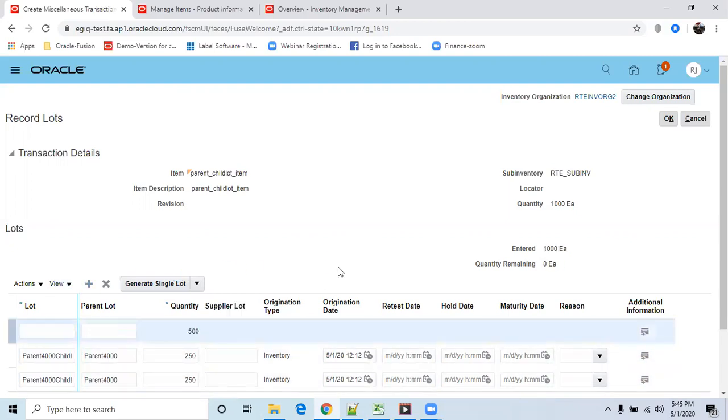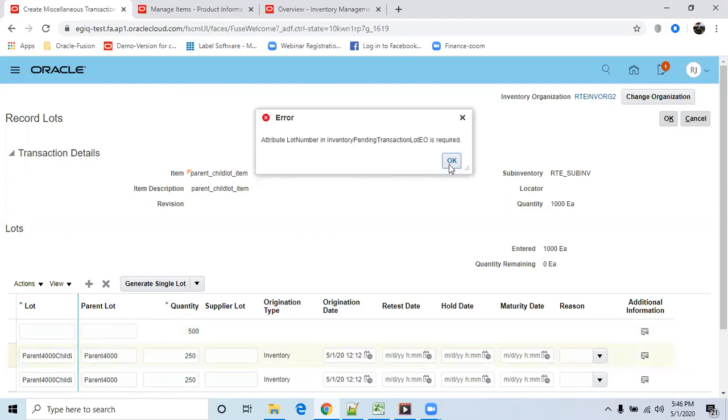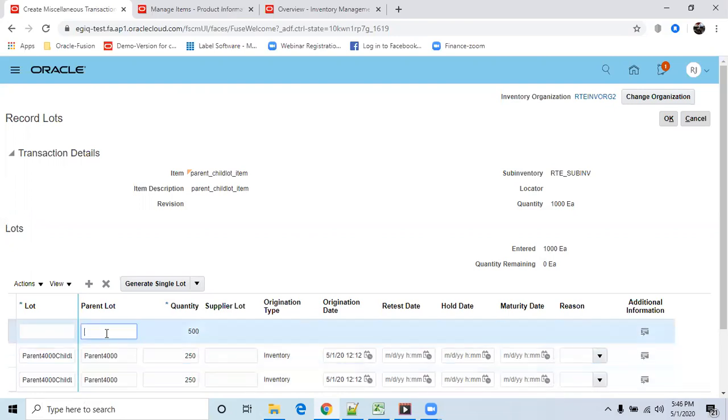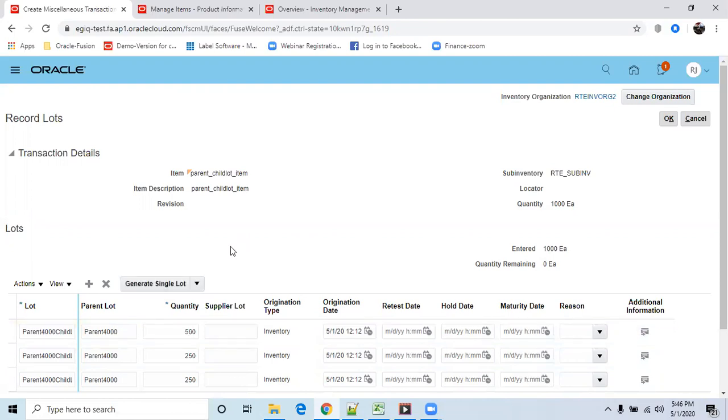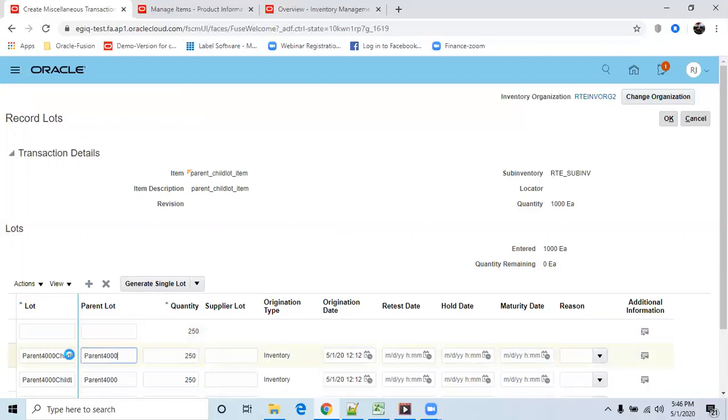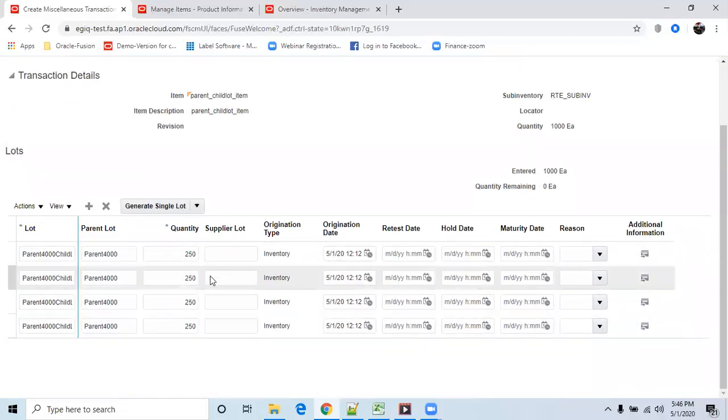Again, click on plus. So here the parent lot will be the same. I don't want to change it, and increment the child lot. So here also I can give 250 and click on plus. So take the parent lot, provide this, click on single lot. So now my total quantity is 1000.